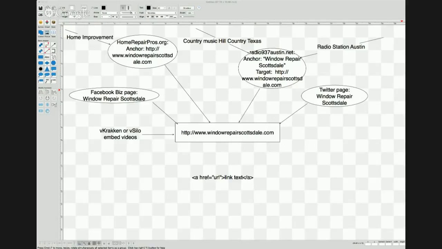My demonstration website that I've shown the group for silo structure that I use a lot of times in local is milehighplumbing.net. You can go check that out. I haven't really done anything to the content on those pages, so it's pretty much exactly like it would come out of vSilo right now. Still ranks strongly. It's a site I built about a year ago, I think. Really haven't done much with links, maybe a handful that I've built. So when I'm building these bigger websites in one day, I use things like vSilo to get my content for me.